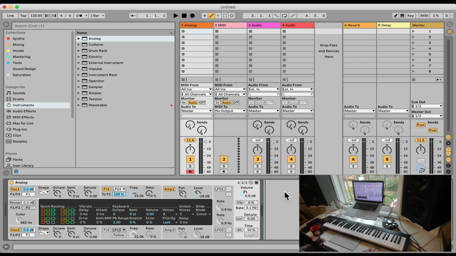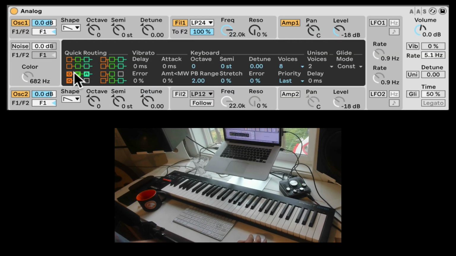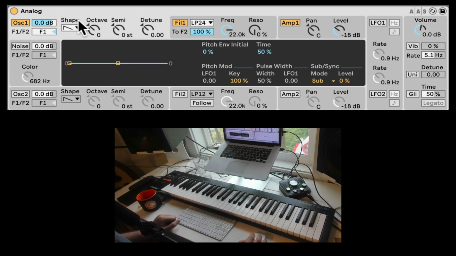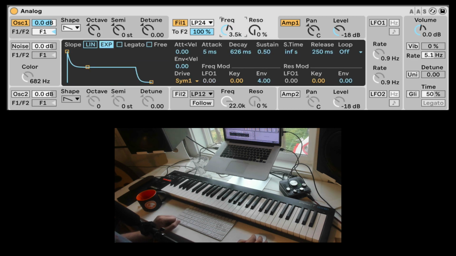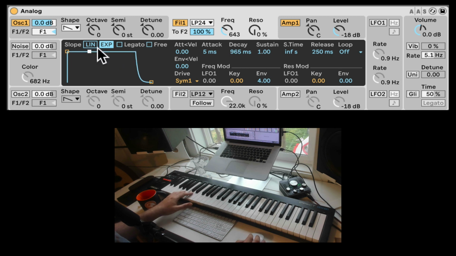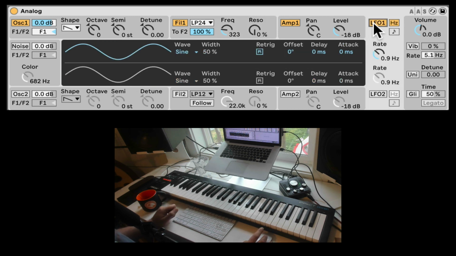Okay, let's check out the LFO section in Analog. So let me turn off oscillator 2. We're only going to use oscillator 1. And let's close the filter a tiny bit. Okay, nice. Now, we can turn on LFO 1 and it's already working, but we need to route it to